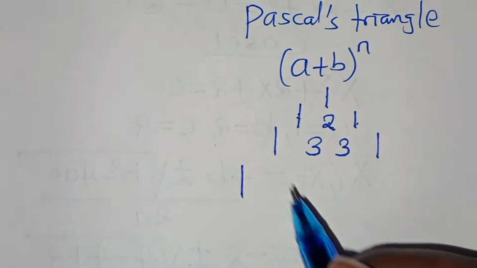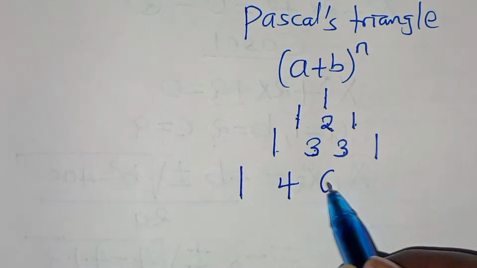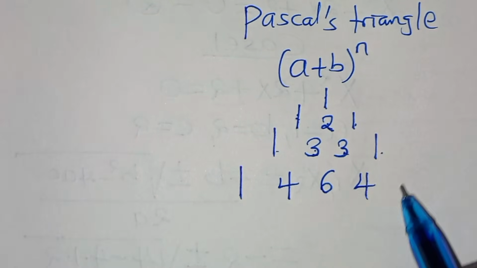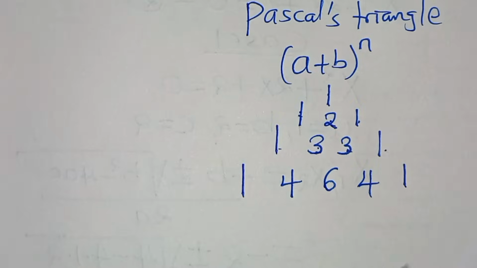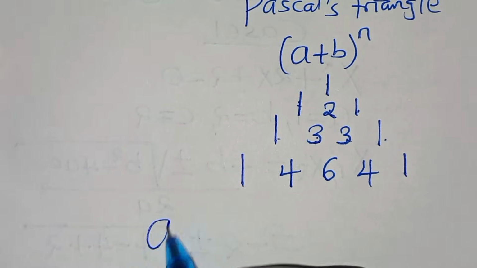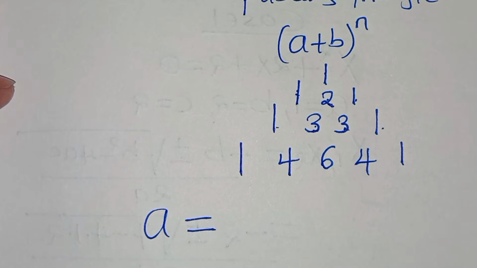If we have the power of 4, like in the case we have here, then the coefficient here, this means we have 1. 1 plus 3, this is 4. 3 plus 3, this is 6. 3 plus 1, this is 4. And then 1. So these are the coefficients that we need here. So this means we have a is equal to, now this means we have